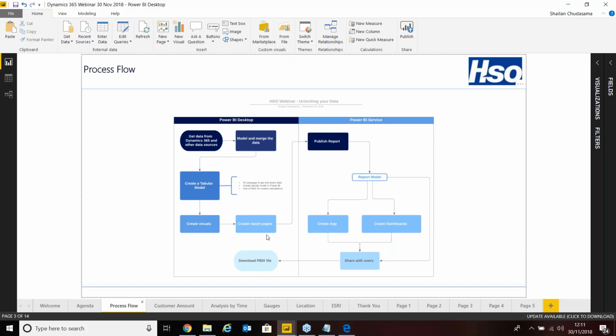So visuals, we created the report pages. We then published the whole thing to the Power BI service as a report. We looked at how to create a dashboard and pin lots of pages on there and share with users, so they will receive that and download the PBIX file. So that's been the process of getting information, ingesting information, visualizing it, manipulating the data, analyzing it, and then